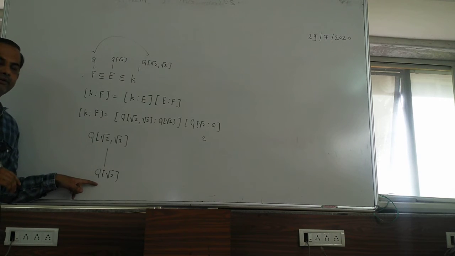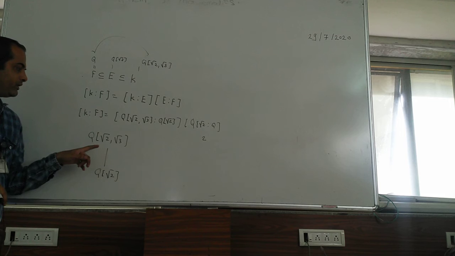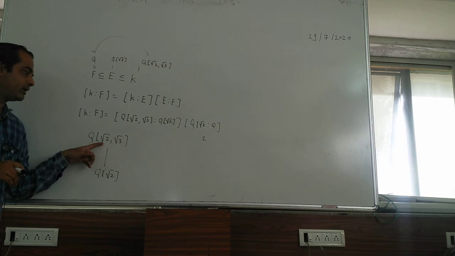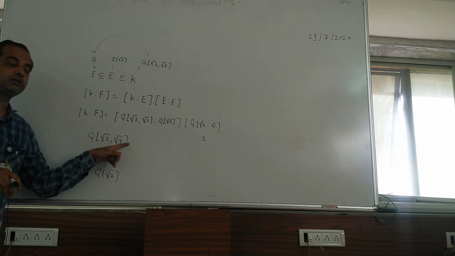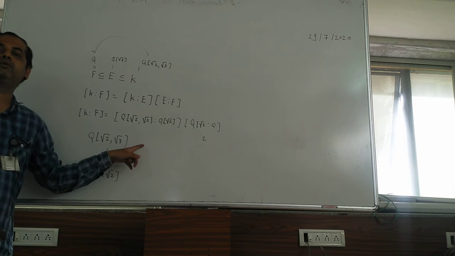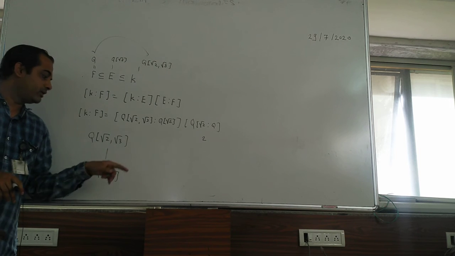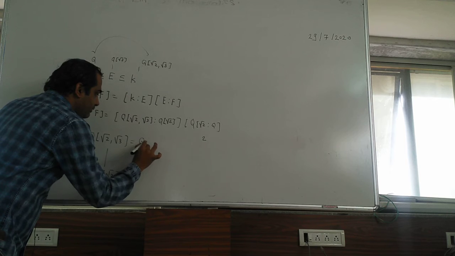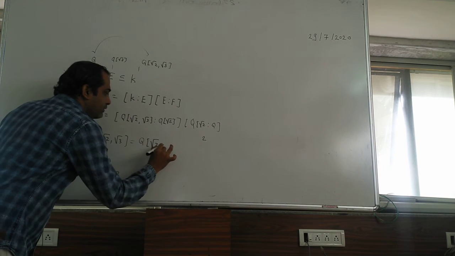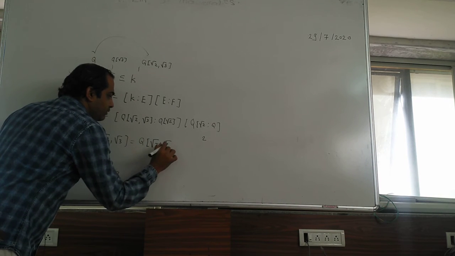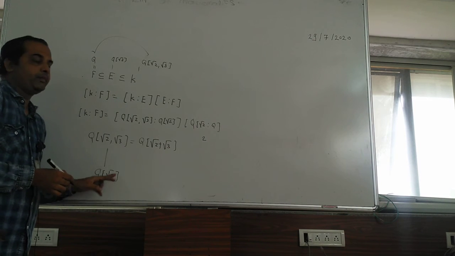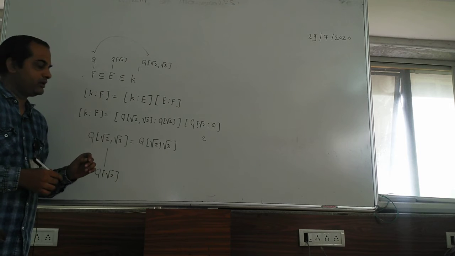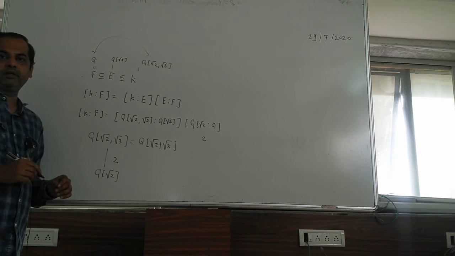Now root 2 is already there. We are attaching an extra element, so there is no need to find the polynomial over Q. You are just attaching this element root 3, or you can take Q of root 2 comma root 3, same as Q of root 2 plus root 3. And find out the degree of extension of this over this by taking alpha and finding the minimum polynomial. This gives you 2.